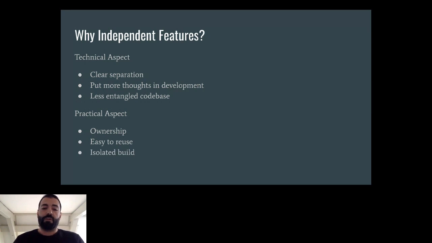Isolated build, as I showed, is that I could just remove everything and leave the feature that I'm working on and compile. This would give me a chance that I don't have to wait for the compilation time of all the other features. If you have a big application, you know what I'm talking about. It is painful, and reducing the build time to only your feature is going to be a huge win